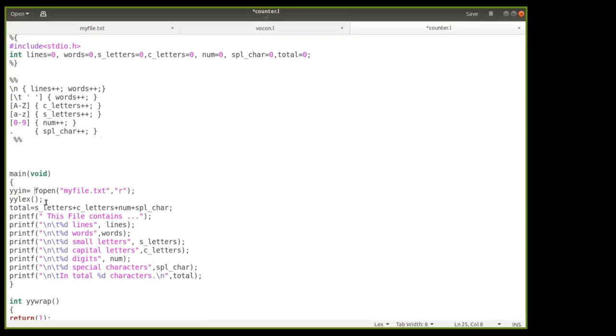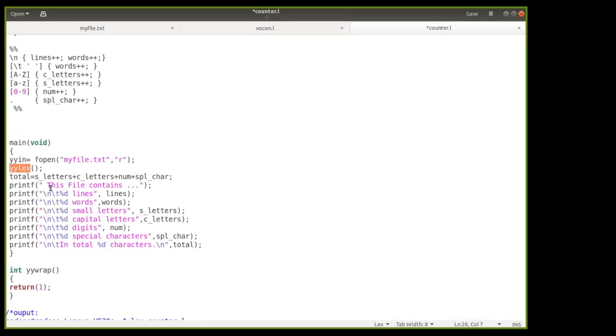Now yyin is used to give the input file to the program, and yyin equal to fopen, and the name of our input file is myfile.txt, and it will be opened in read mode. Understood? Then our yylex function will call the lex compiler, and it will do the work of generating the lexical analyzer for this particular specification.